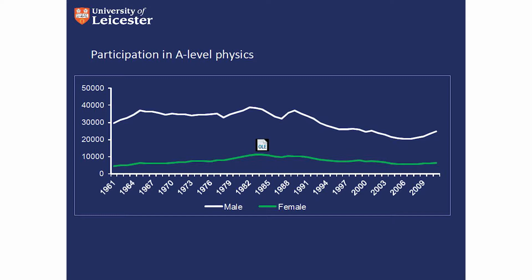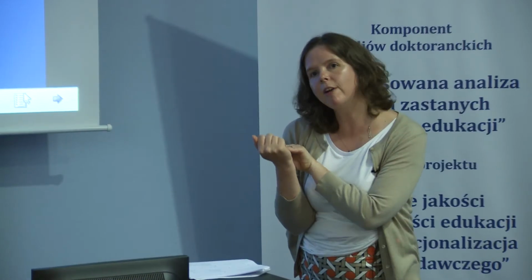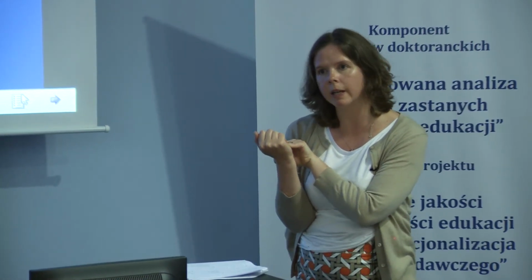In 1988, the subject was made compulsory up to 16. That had very little impact on participation at the next stage. So you had to study it up to 16 in order to study it for A-level, okay? Science is one of those subjects where, if you choose not to study it beyond a certain level, then it's unlikely that you're going to pick it up a bit later. But that's had very little difference on the numbers participating.